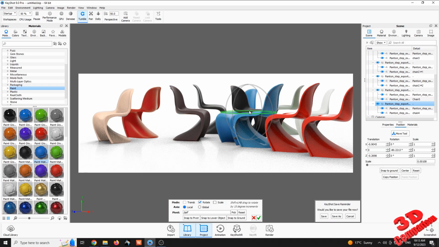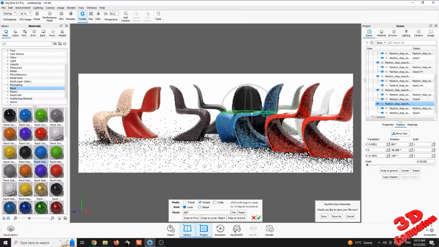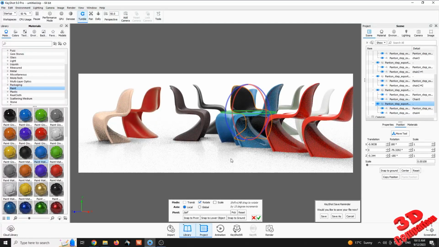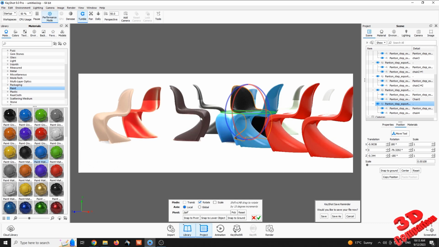Over here within Keyshot, if you have a lower spec computer and you want to not have that noise and recalculation of the final image, you can go to performance mode over here. As we can see, within performance mode, the scene will look like this. We're not gonna have those shadows anymore, but